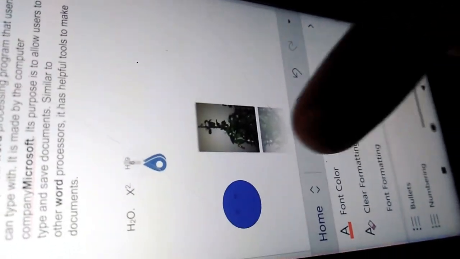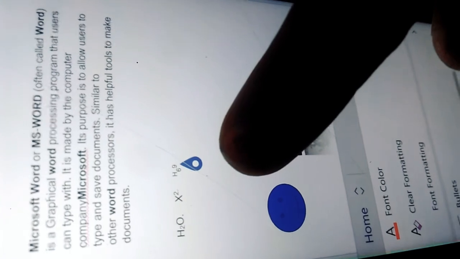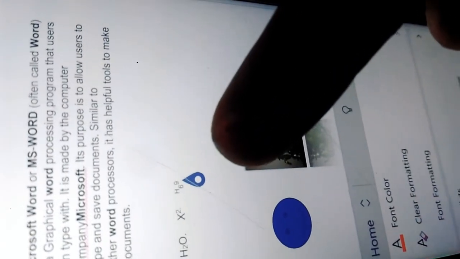As soon as you press subscript, you can see 6 is lower than the rest of the text.